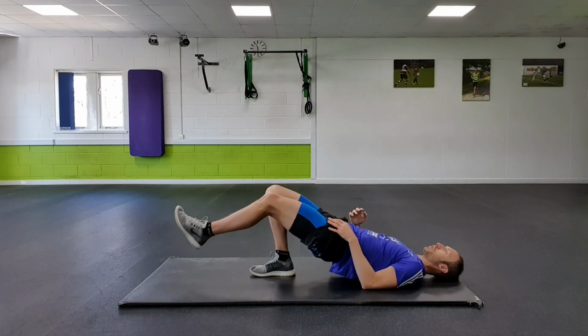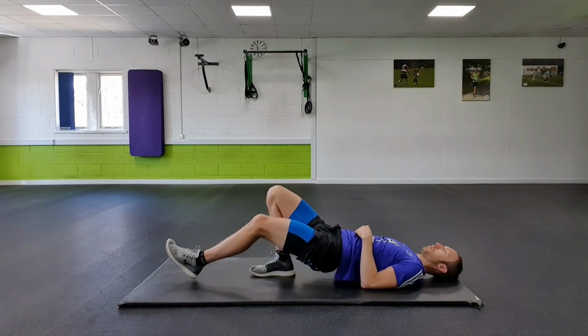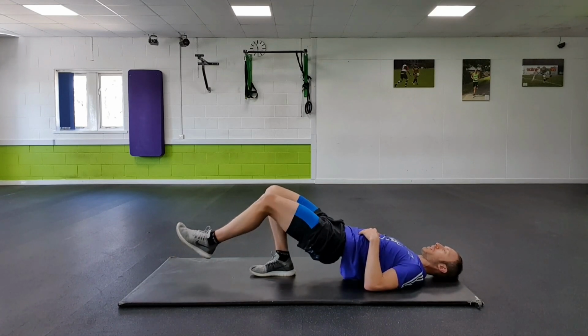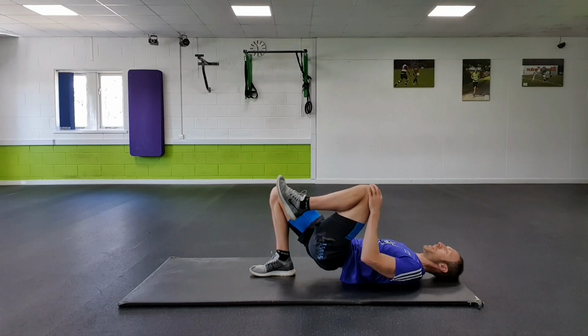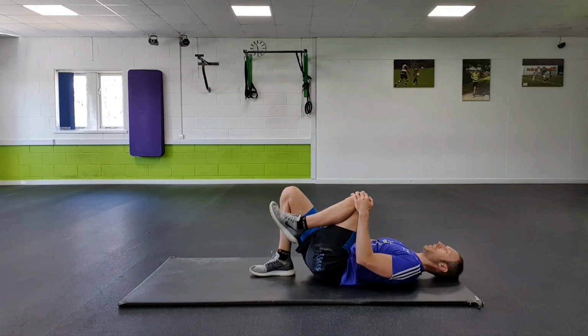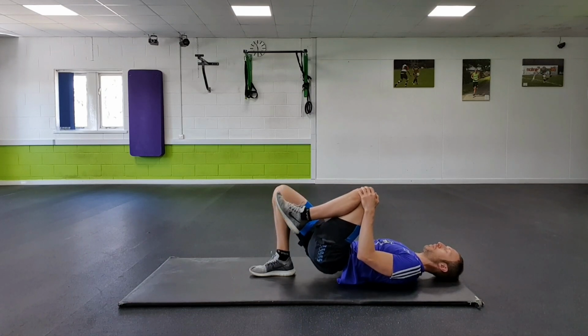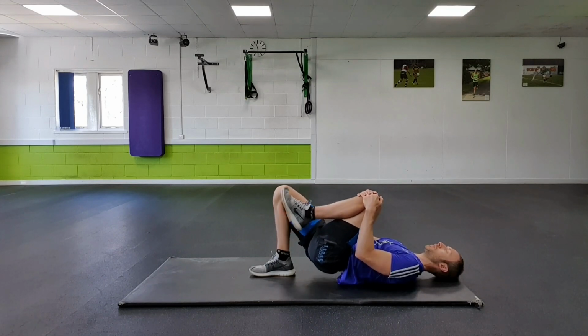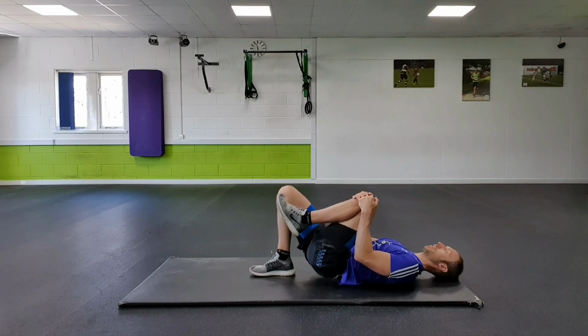If our legs are out, sometimes we see that people actually get the lift through their lower back, rather than when that leg is gently brought up, it just helps to put us into the correct tilt position in your pelvis, which means that your glutes are going to be doing the work rather than excessively loading through your lower back. We'll do another 3, 2,